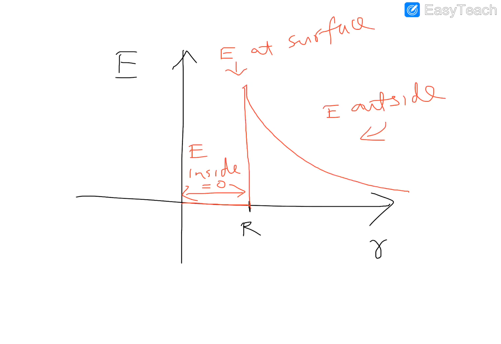Okay, so this is the case for a uniformly charged conducting spherical shell. Please remember, it is for a conducting spherical shell. In the next lecture, I will discuss the case for a non-conducting spherical shell, and that is the last topic in this chapter: how to find the electric field for a non-conducting spherical shell. After that, we will move on to the next chapter.